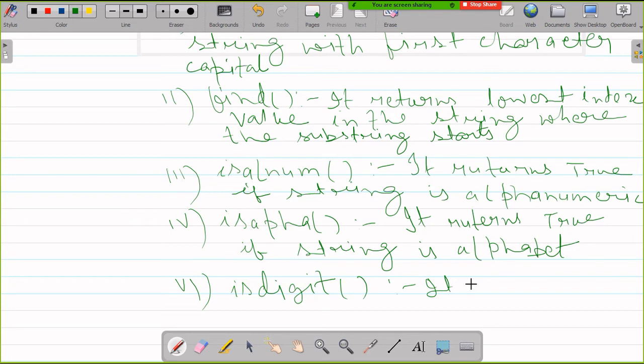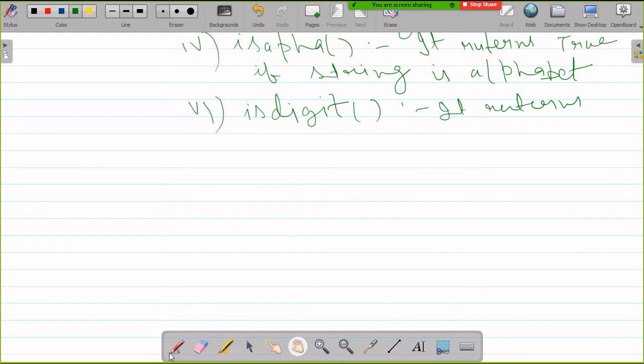Same, it returns true if the string consists of digits.